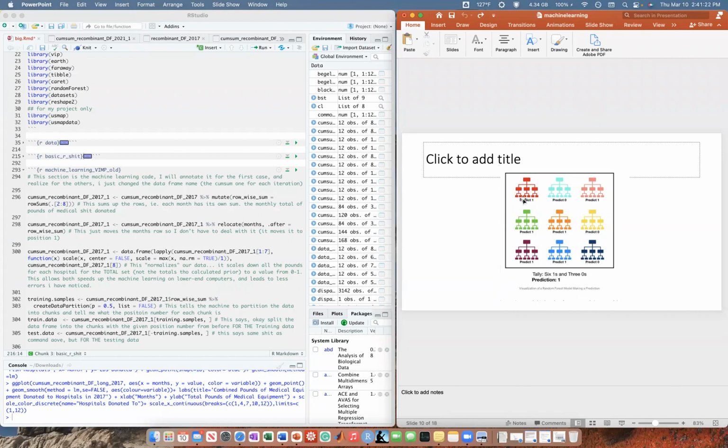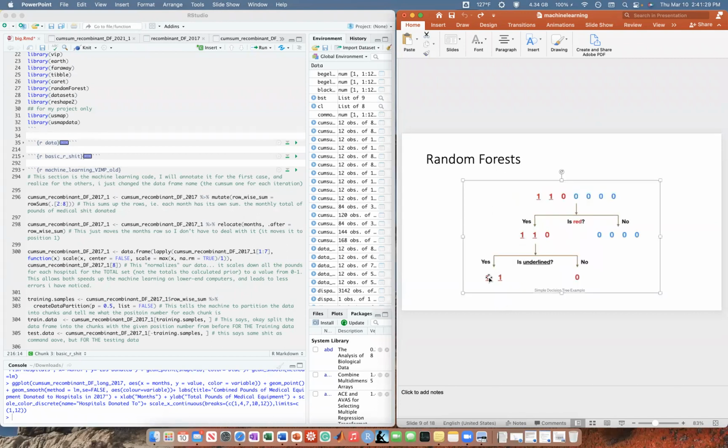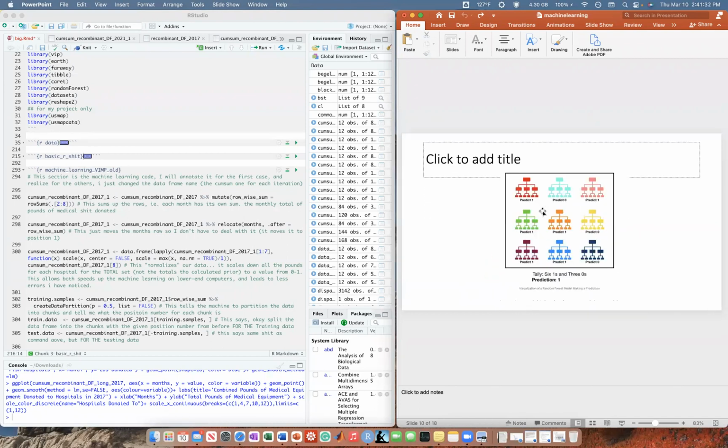Say you have a data set and you follow this heuristic, and maybe this decision tree says 1, 0, 1, and a whole bunch of them say this. What machine learning does is go through every single decision tree they made according to your code, and average it. In this case they're not averaging. Some average, some don't. It depends what your code says. This one just says predict. So it looks like there's going to be a couple 1s and 2s, 3 zeros. The overall prediction will be 1.